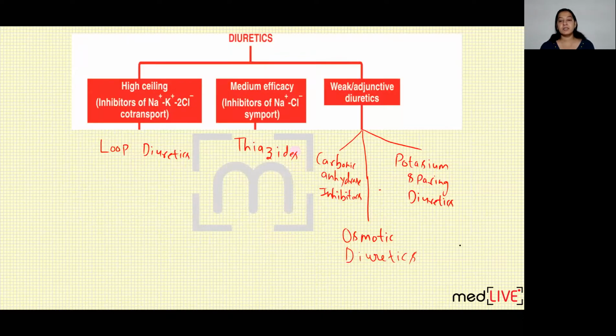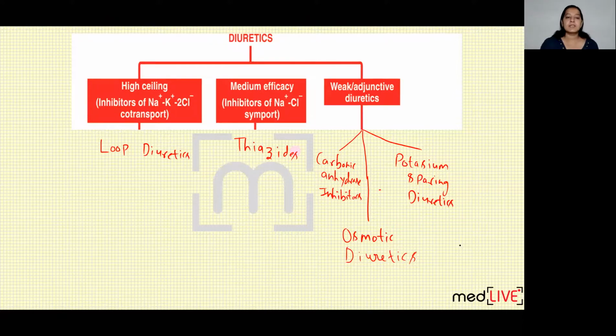After classification, I want to tell you the site of action of all these diuretics in the nephron. Now, obviously, all these diuretics act on the nephron, but the nephron has different parts, that is PCT, loop of Henle, DCT, collecting duct. So, which diuretic acts on which part of the nephron? For that, I will give you a mnemonic, so you will never forget it. Correct? So, this is the simplified way of classification I have written in front of you.